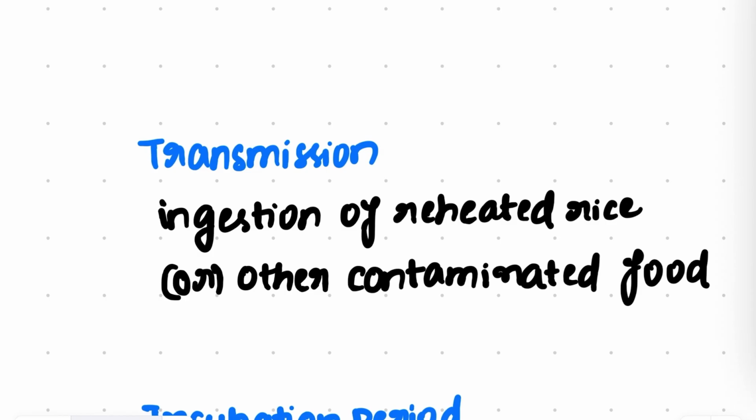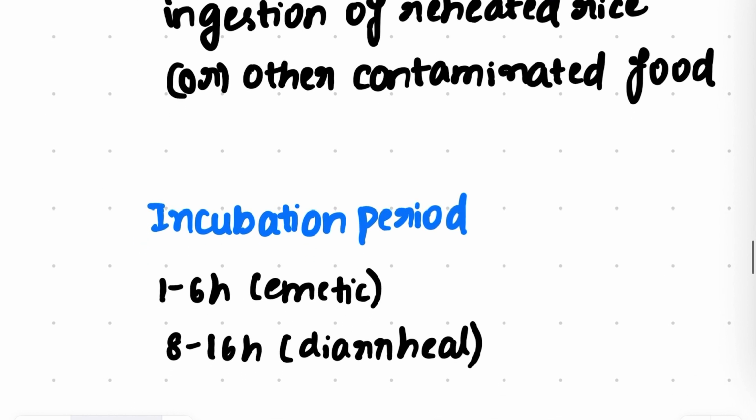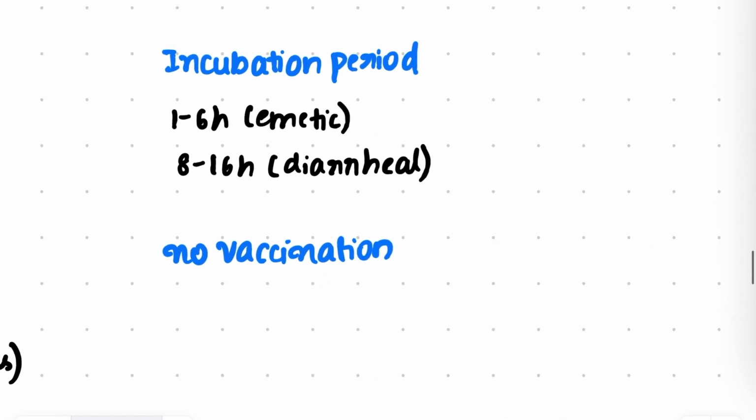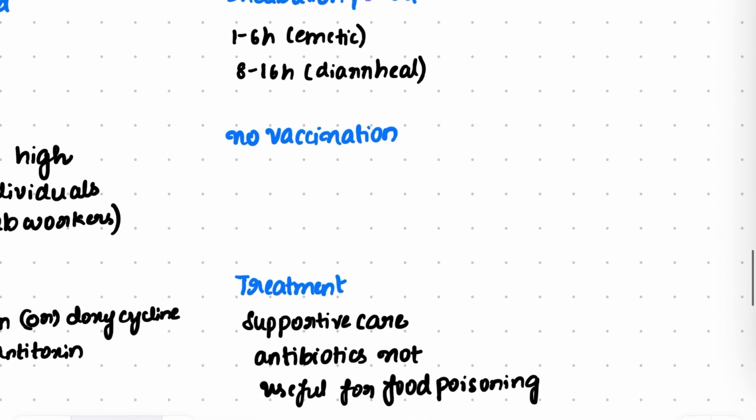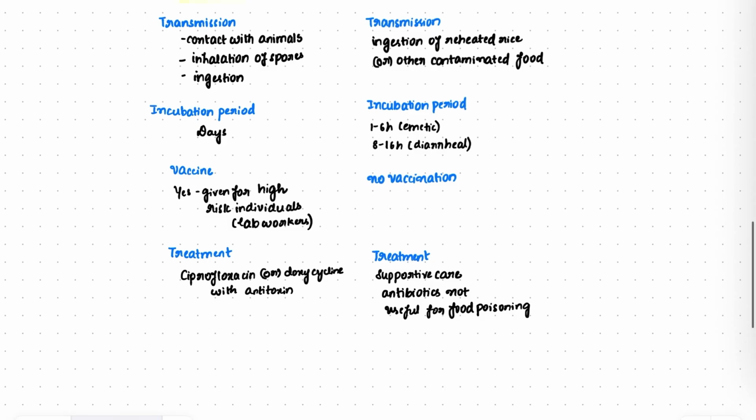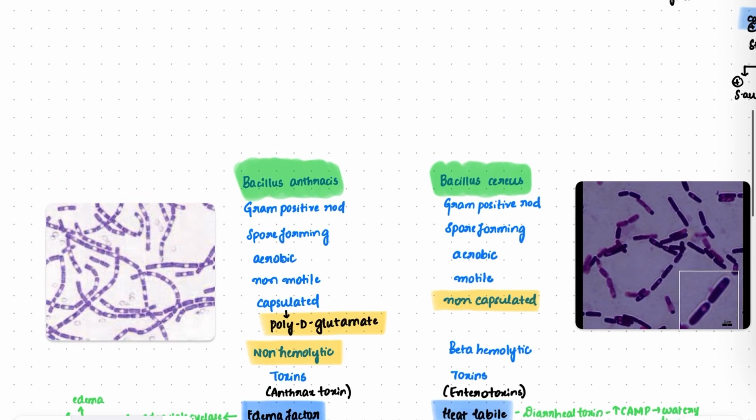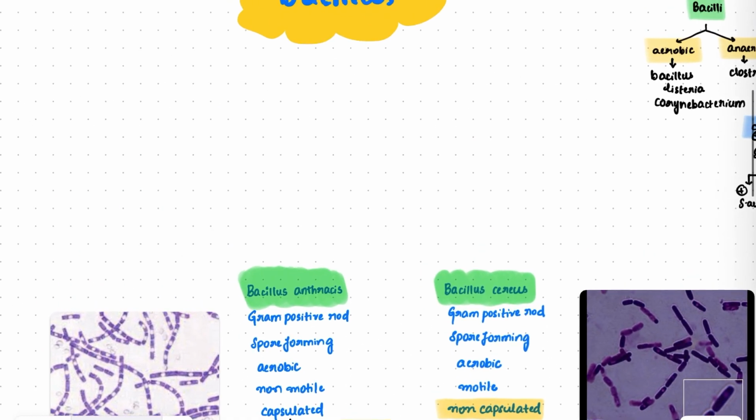The transmission is through ingestion of reheated rice or any other contaminated food. Incubation period for the emetic type is 1 to 6 hours, and for the diarrheal type is 8 to 16 hours. There is no vaccination for this, and the treatment is supportive care. Antibiotics are not generally useful for this kind of food poisoning. So these are the important points in Bacillus, that is Bacillus anthracis and